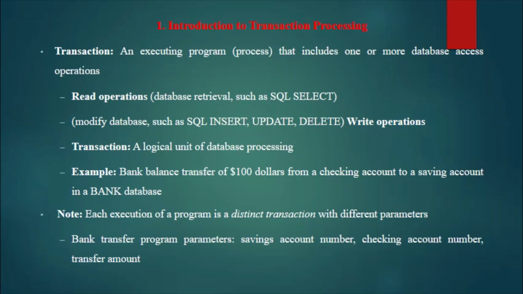This total process where we are reading the data, for example identifying the current account, checking account and savings account numbers, and reading the value of the transfer amount, and then we store the data from one account to another account, and we are deleting a value from either the savings account or the checking account, or from the checking account to the savings account. So we are doing transactions, or transferring the amount from one account to another account. These kinds of transactions will be held in the database.